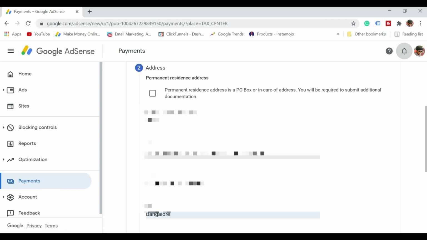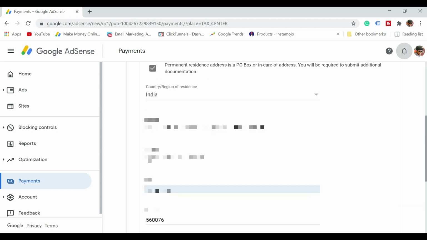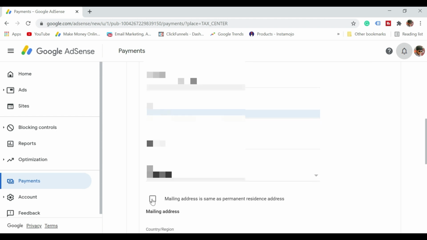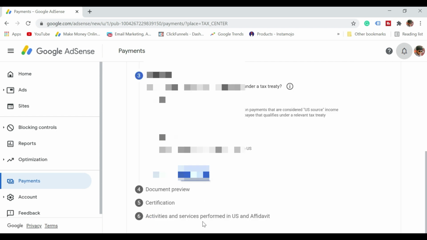So enter the same address, and once you do that, select this checkbox, permanent residence address. This is my permanent address also, and just scroll down and select mailing address is same as permanent residence address. Once you do that, just click on next.